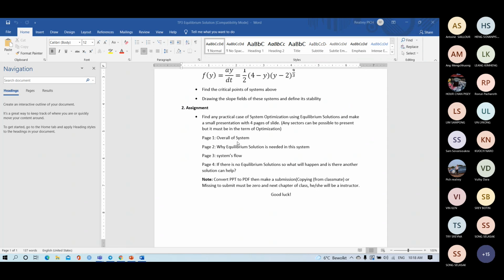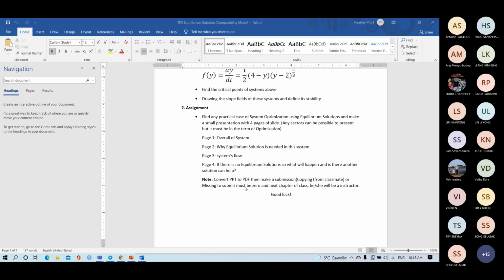So this is your assignment to work on, and then convert your PowerPoint to PDF and make a submission. The rule of your submission is that if you are copying from your classmates or missing the submission,